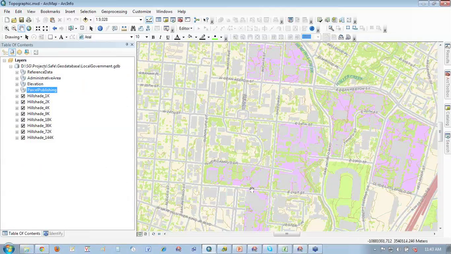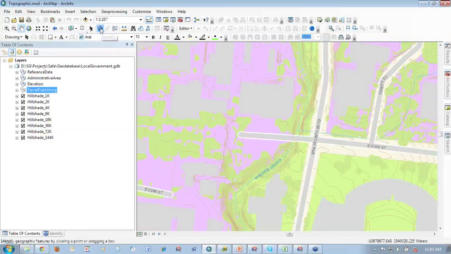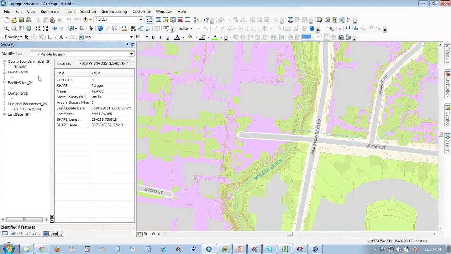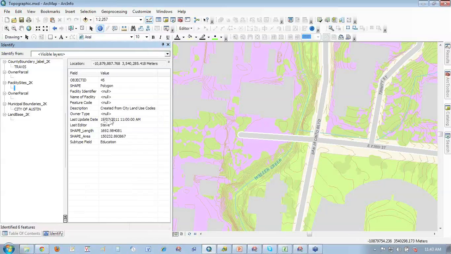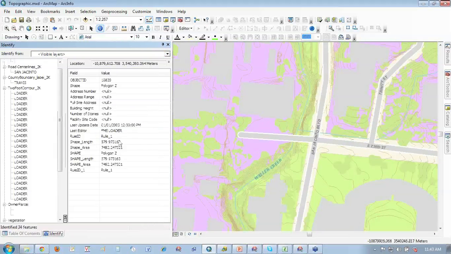And if we go back now, all we really need to do is refresh the map here. Works pretty nicely with ArcMap. Don't get things locked up anymore. Things are pretty good for that. So if we go and look at facility sites at the 2000 scale, you can see it says it's created from the city land use, and I've got the date in here, and it was me that updated it. So pretty straightforward to be running this stuff through and taking a look at it.